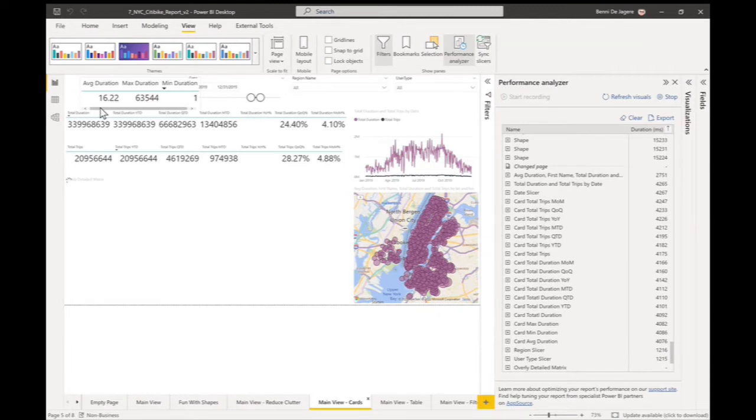And a general rule of thumb with anything working with data is the fewer visuals, the fewer queries you have to execute. That typically means that your report, your overall look and feel, your performance is typically going to be a bit quicker. Then the next one I want to tackle is the overly detailed matrix,